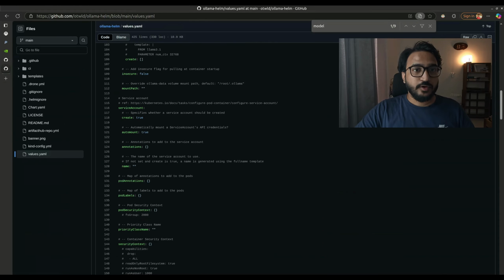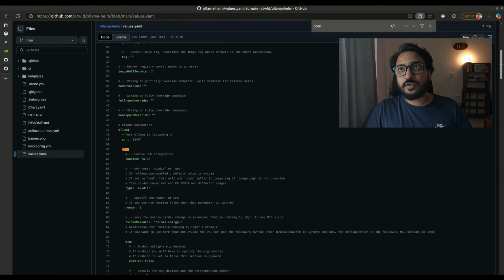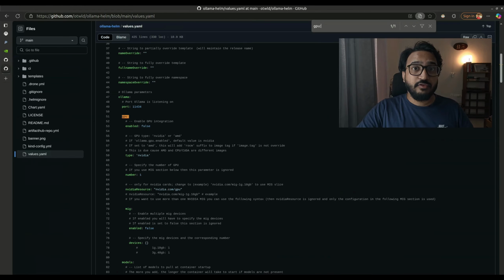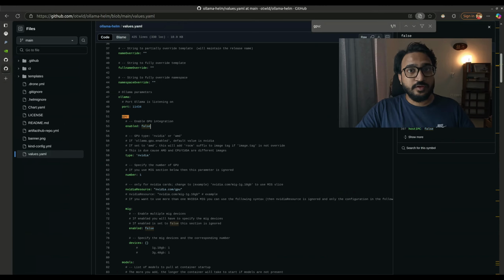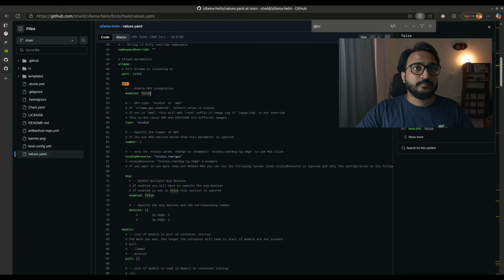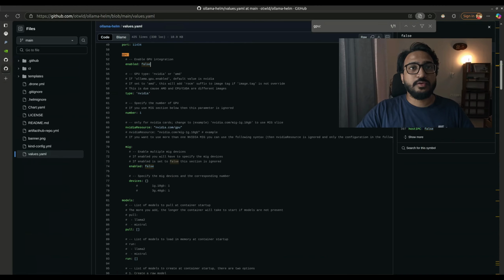And then at the bottom here, you'll see that the GPU by default is not enabled. So if you just install Ollama as Helm chart, things will run, but they will run on the CPU, so that's going to be very difficult to manage. That's not the case for Mac OS, however, because on Mac OS, the GPU is integrated directly, so you don't need to worry about anything. On Linux, especially on Kubernetes, you enable your GPU integration,